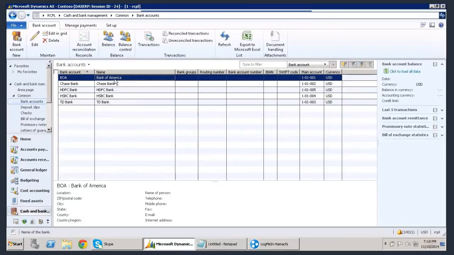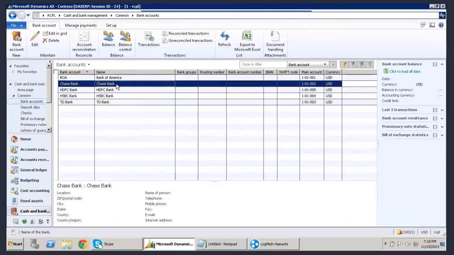Every one of you knows the option of printing a check. Long ago we never used to have any option like this, but for several years we have had this option of printing checks through any ERP. Many ERPs have this option.